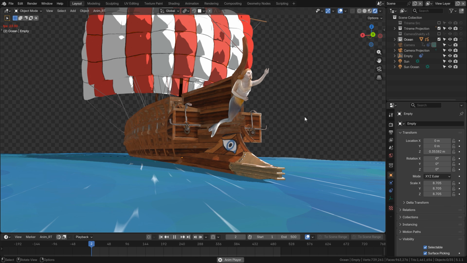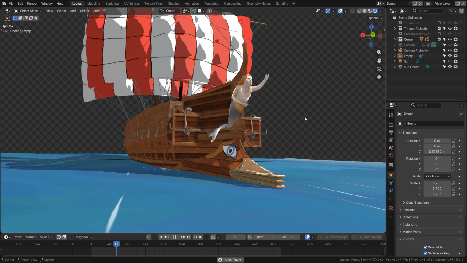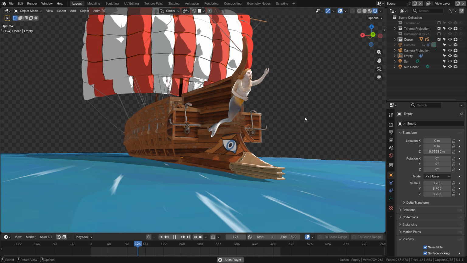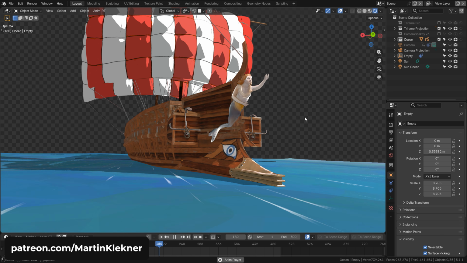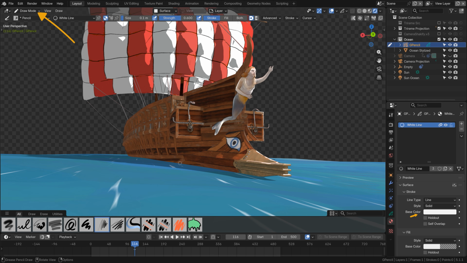Now let me show you how you can very quickly add a boat wake and foam to the objects that are floating on top of your ocean. I have this animated flowing ocean here, a variation on the shader that we just made. And by the way, this file, along with dozens of others, you can get on my Patreon. So first off, make a grease pencil object and make a white material on it. Then in the draw mode, simply draw a few lines on the surface of the water using this surface drawing mode. It doesn't have to be perfect, but it has to be somewhat on the intersection between the boat and